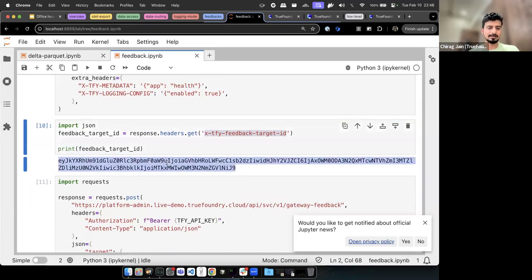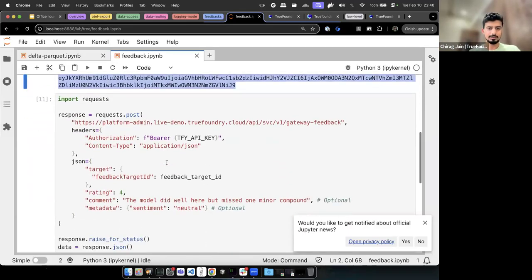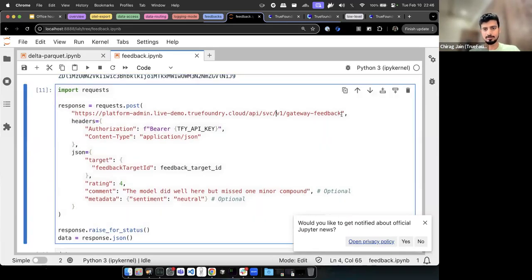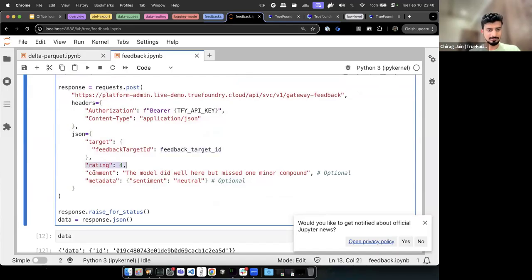This is an opaque target ID. You don't need to worry about the value of this. What you can do with this particular value is call an API called V1 gateway feedback. We have docs for this again. You can pass this feedback ID over here, and then you can pass the rating between 1